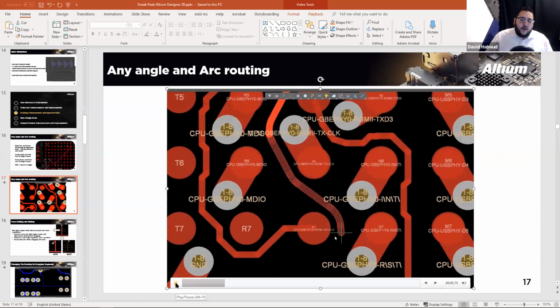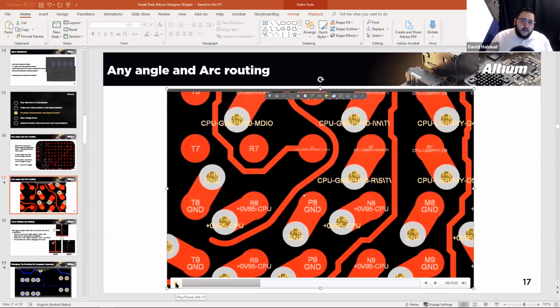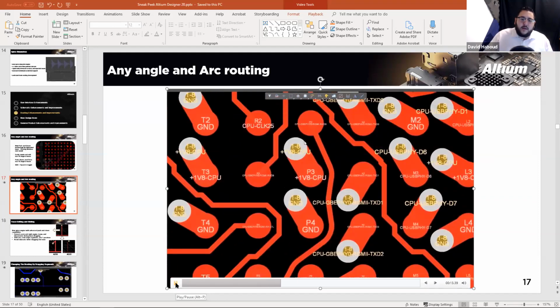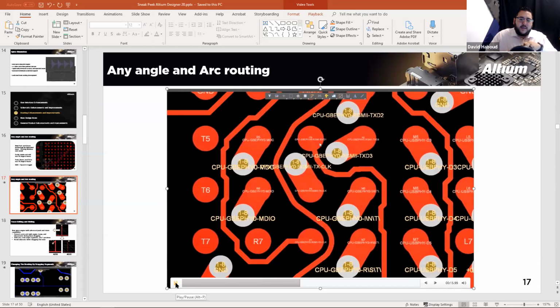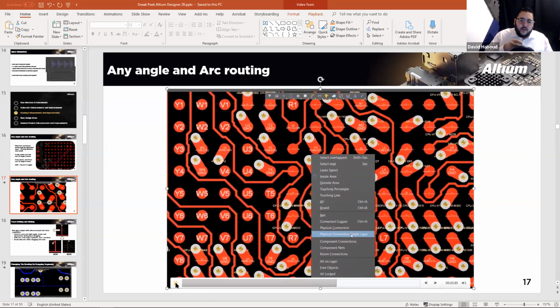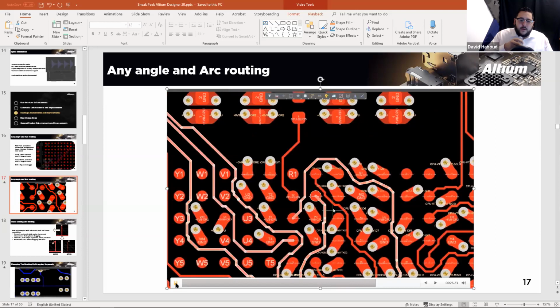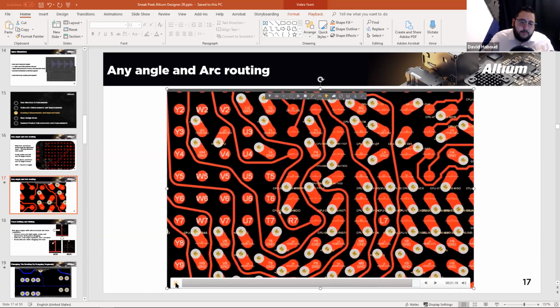And we have here trying to get through this BGA, and you can see as we route through, we're actually going to take this net and gloss it and change the different type of routing. You see how it's shaped right now, and then we changed it to the arcs there. So it makes it a very smooth process. You're able to gloss any existing